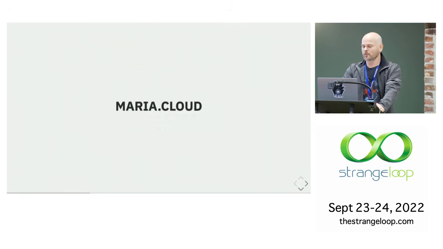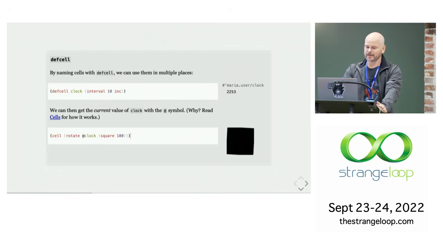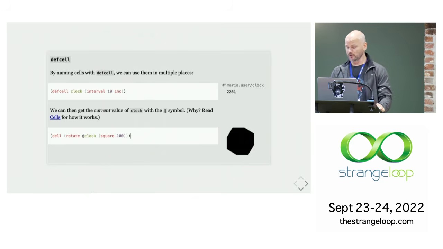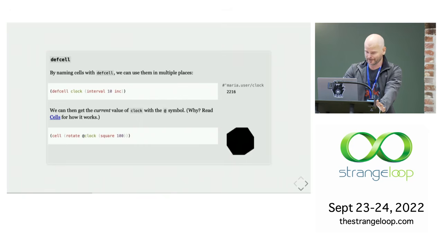Now we moved on from that to Maria.cloud, which takes all of that code we wrote for cells and turns it into a notebook. We actually did this for learners. So take a look at this. This is a computational notebook. It has the cells. It gives you much better error messages than vanilla Clojure and so on. We use this to teach. It was a great experience. And currently this year, thanks to Clojurists Together, we have some additional funding to bring it up to date and keep it running. I encourage everybody to check it out.